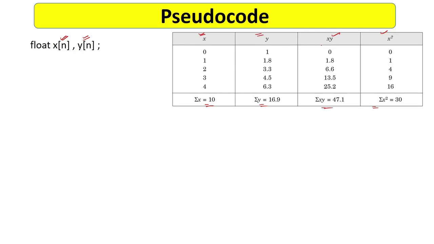Now one person can multiply this 0 and 1, and store the result in another 1D array of size 5, then multiply this 1 into 1.8 from the x and y arrays, and store this 1.8 in another place of the array. All this data will be stored in a third array, and then he will find the summation of all these data points. Then he can take another 1D array to store all these 0, 1, 1, 4, 9, 16 after squaring all these values.